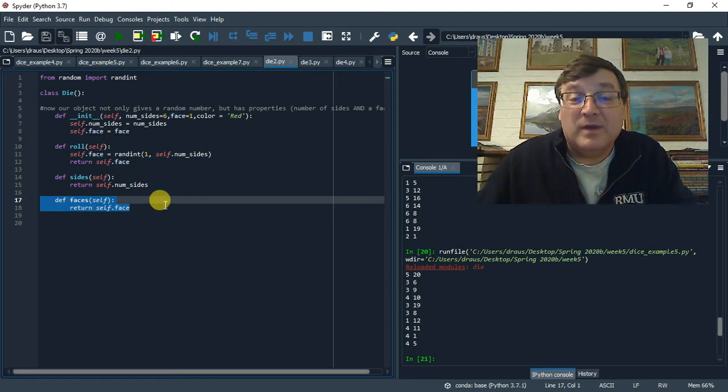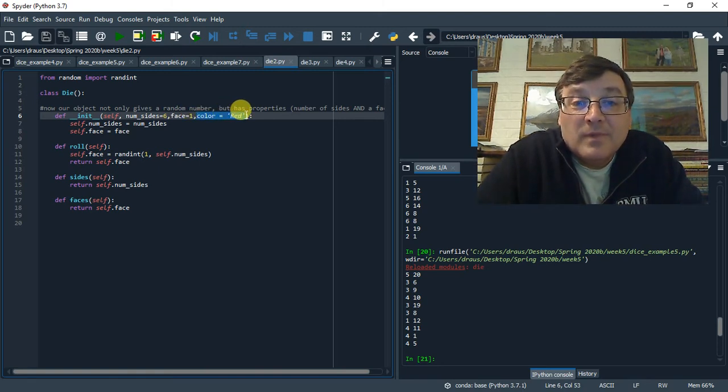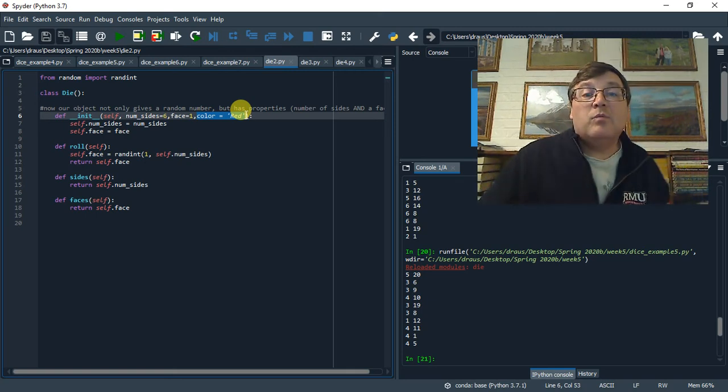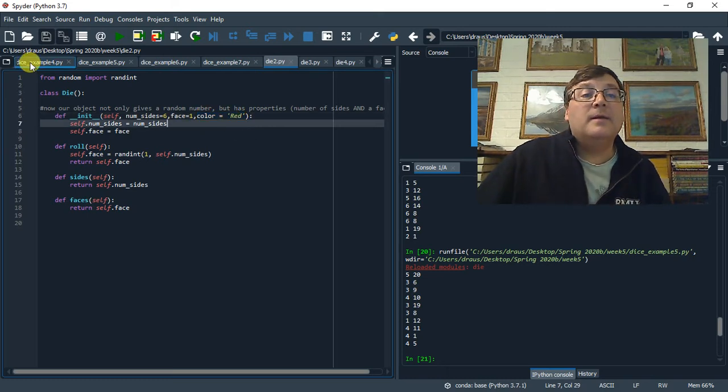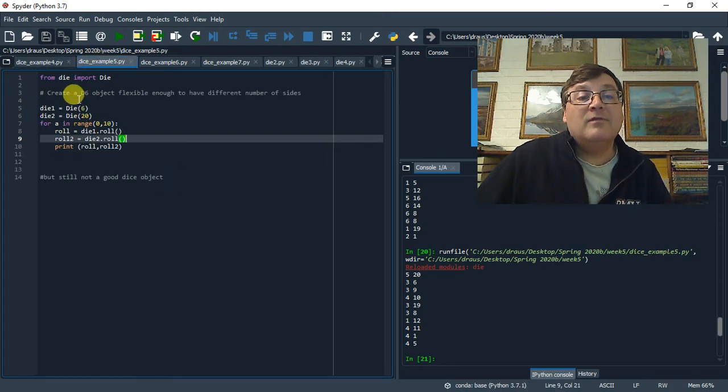We have set a property called color. And since I don't have any color methods, we aren't using that property yet, but we have a property that we've set to red. So if we go back here, we go to die 5,